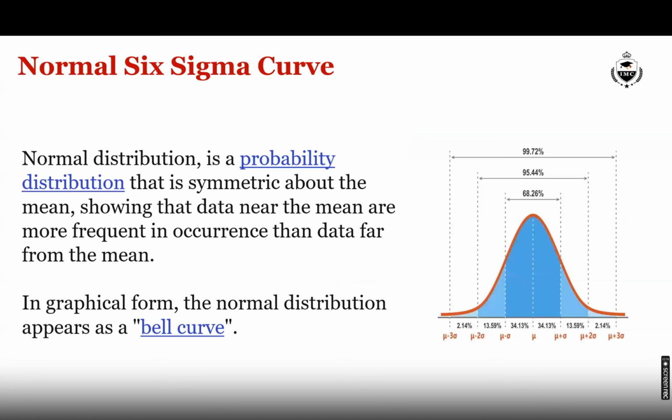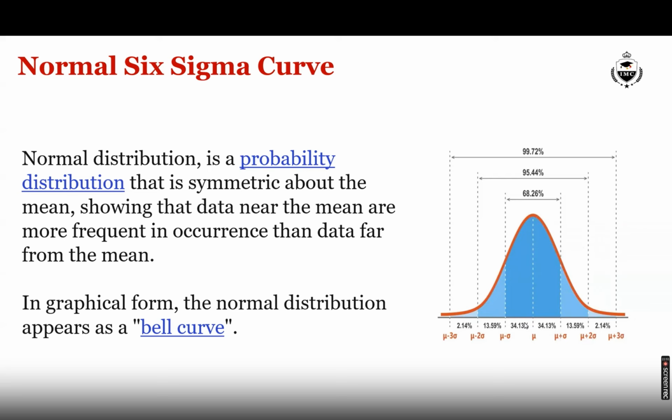Now, the normal distribution curve. It is very clear that this curve is prepared from normal data. Normal data means any data which has only common cause variation, no special cause or abnormality in it. This normal curve is also called a bell curve. The line at the center is the mean, and on the right we have one standard deviation, two standard deviations, three standard deviations, and on the left we have minus one, minus two, minus three.